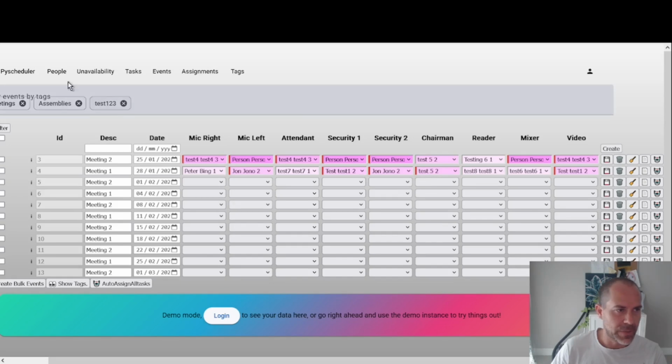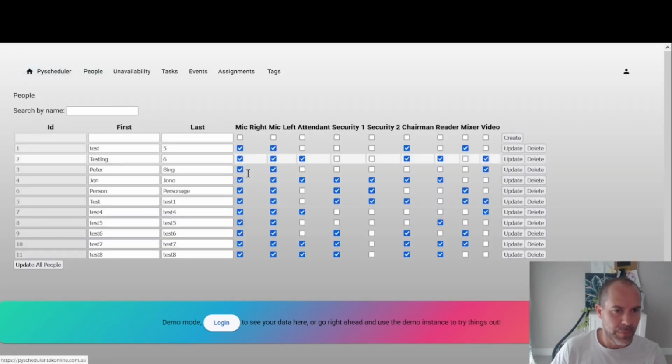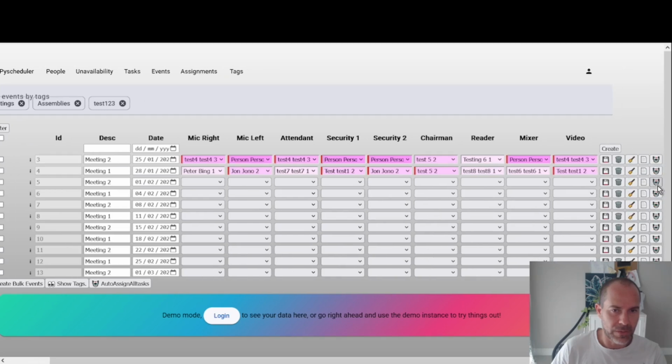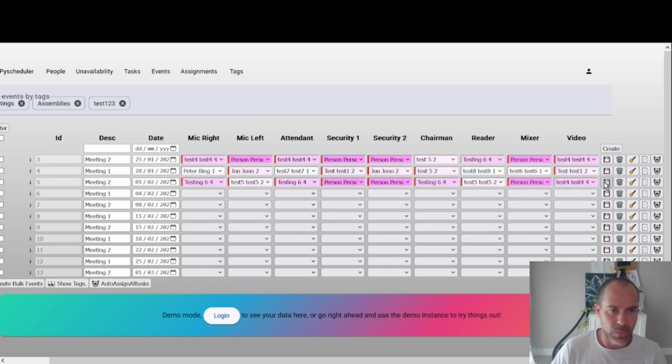So at this stage, we don't have enough people, it would seem, who can do enough things, maybe, so that the smarts or the auto assign works without any issues. Having said that though, it does give you a really good baseline to start working, if that makes sense. If it makes the wrong decision, you can just override it easily, or you can clear it out and then just get it to auto assign again. That's something that I'm going to continue working on. I'm sure my algorithm could be improved there,